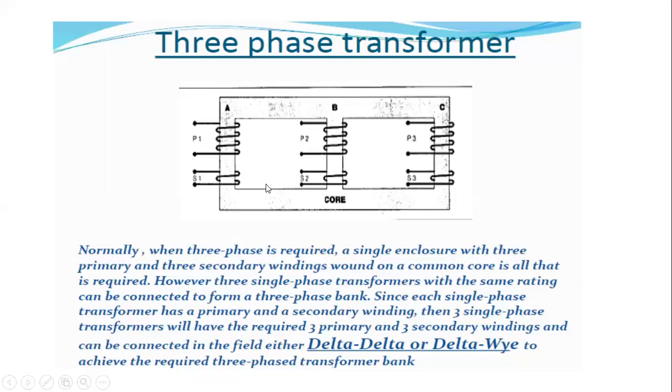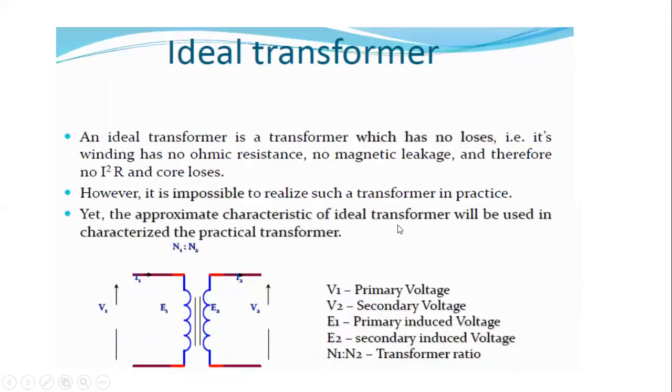This is the three phase and the single phase transformers, and this is the ideal transformer. But the ideal transformer is not possible from a practical point of view; it is possible only for study purposes. Ideal means perfect, that means no losses. Therefore the efficiency of the ideal transformer is 100%. Therefore input will be equal to the output. That means the EMF induced in the primary winding is equal to the EMF induced in the secondary winding.